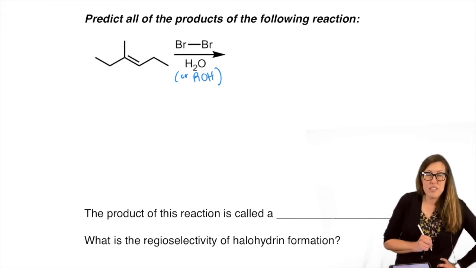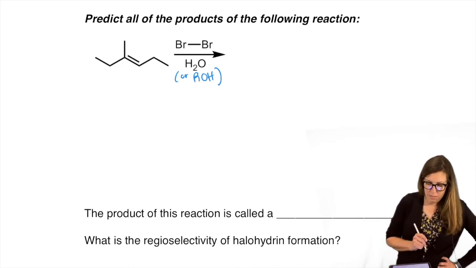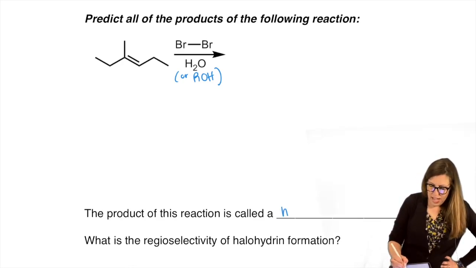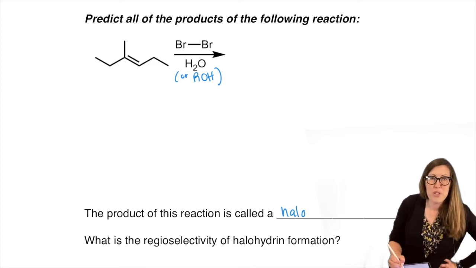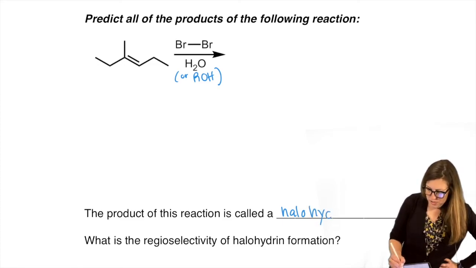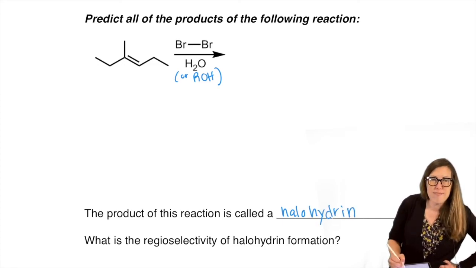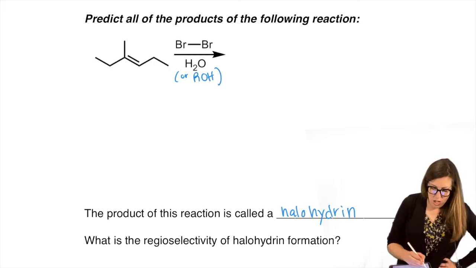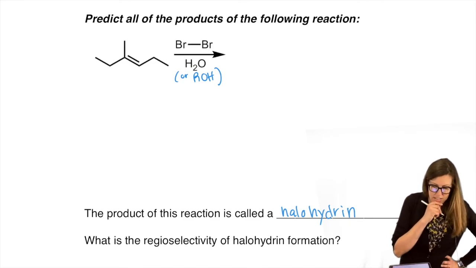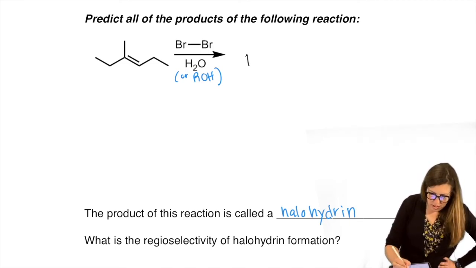We're not going to make a vicinal dihalide. So first of all, the product's going to be different. It's going to have a different name. It's going to be called a halohydrin. So there's one halogen. That's a hint that water did play a role. Water reacted, and alcohol would react too. In fact, let's take a look. This is your product.